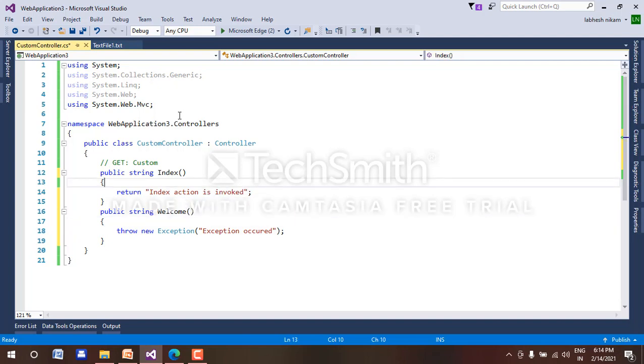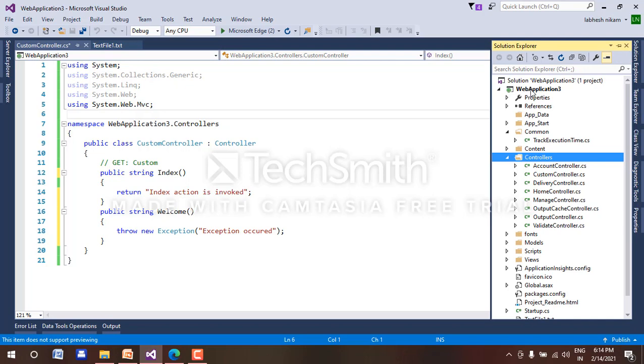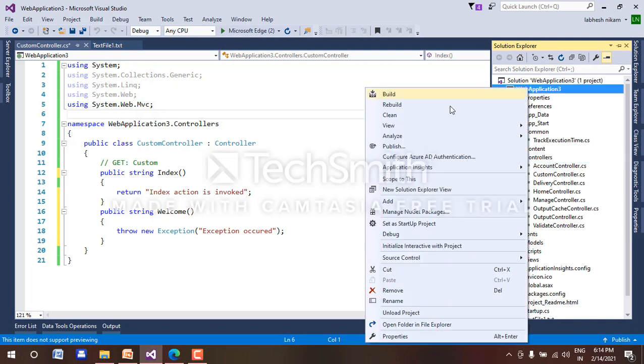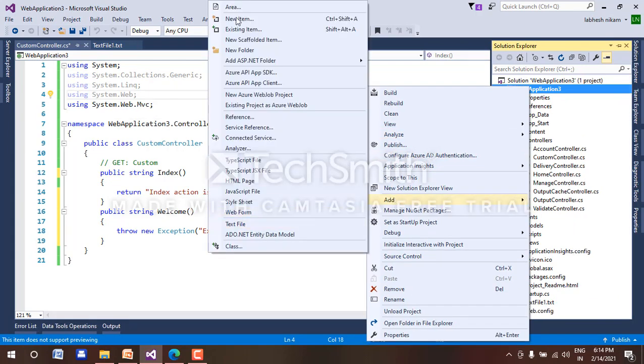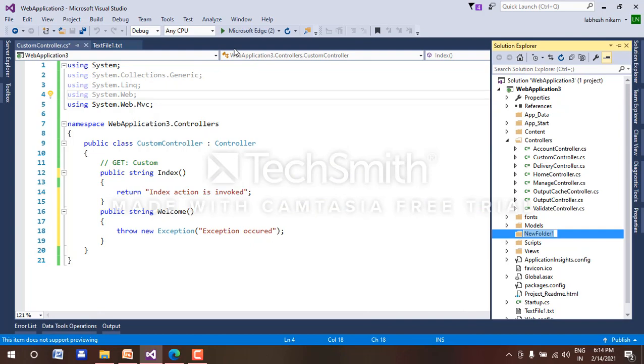Now we will create one folder. Add folder, new folder, and give it the name Common.